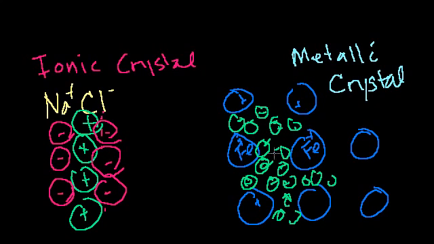I mean, even if you talk about very hard metals, they tend to not be as brittle because the sea of electrons kind of gives you a little give when you're moving around the metal. But that's not to say that it's not hard. In fact, sometimes that give a metal has, that ability to bend or flex, is what actually gives it its strength, because it's allowed to kind of deflect the force.